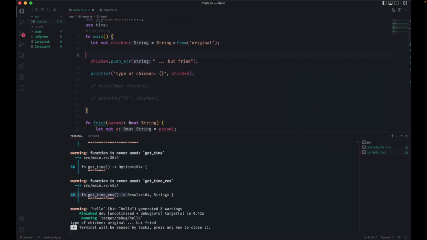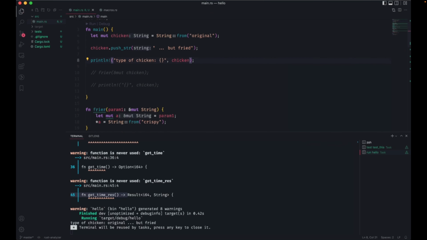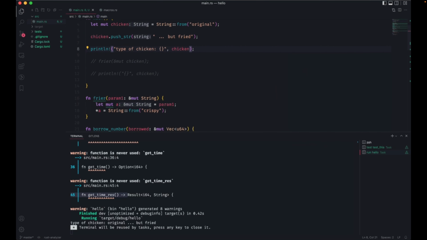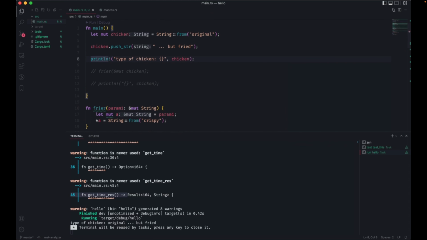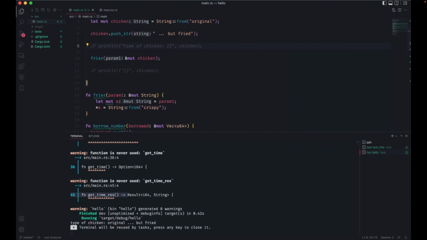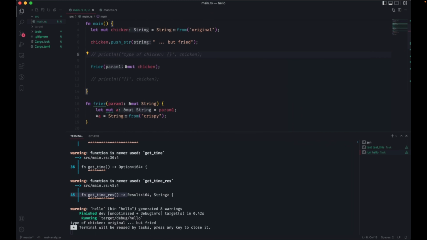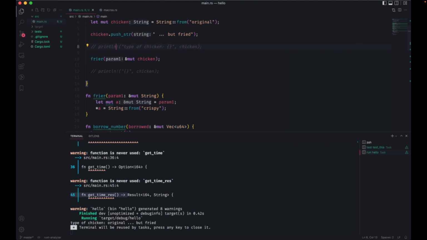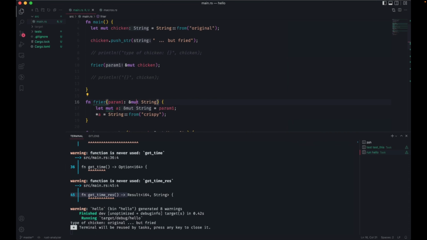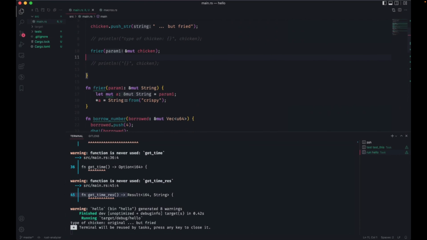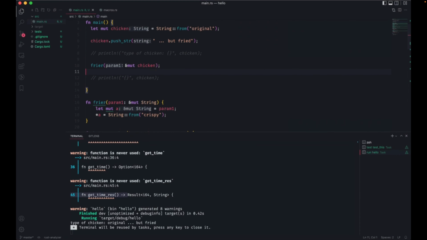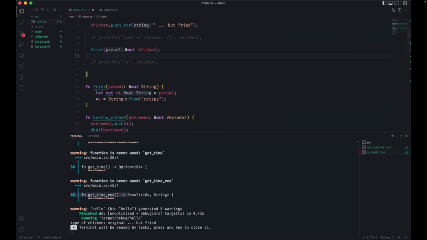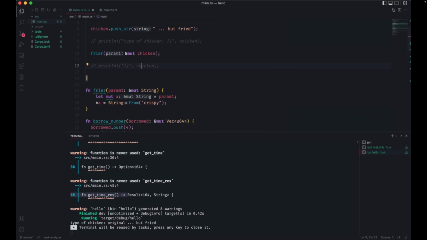But sometimes I need to pass it off to another function to do that. So let's see. I'm going to put it in my fryer, and now I'm putting a mutable string in there. So one way to do this is, well, I'm borrowing a mutable string over here, but now instead of pushing to it, this is the difference. I know I want to completely change it. I don't want any mention of it.